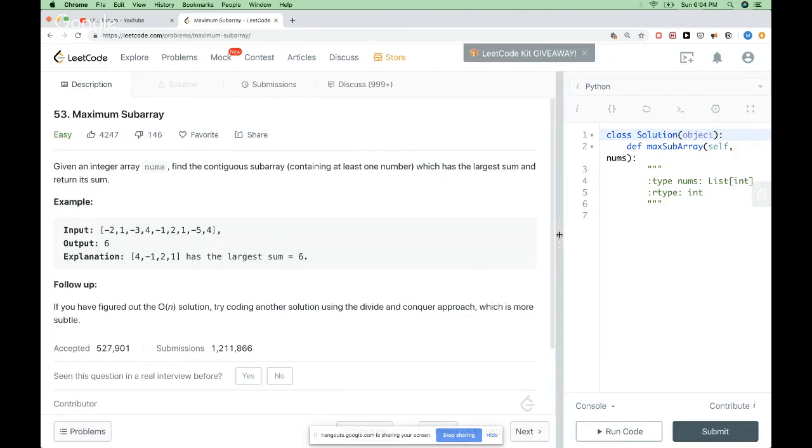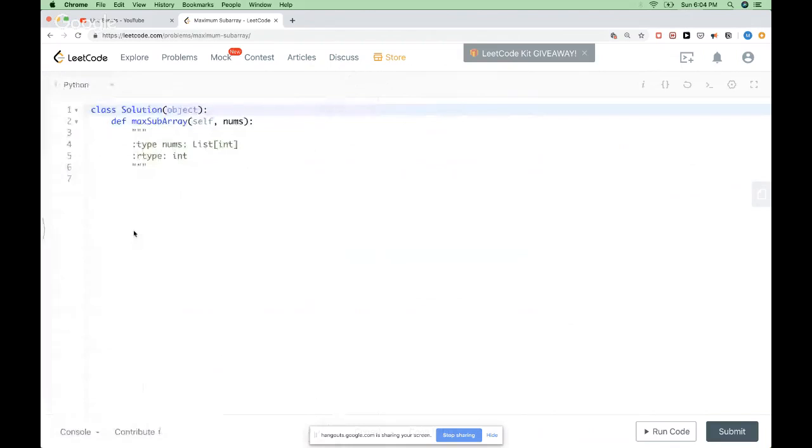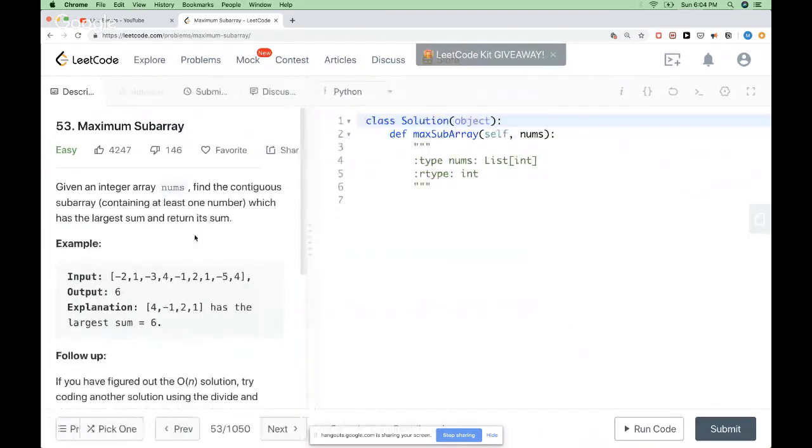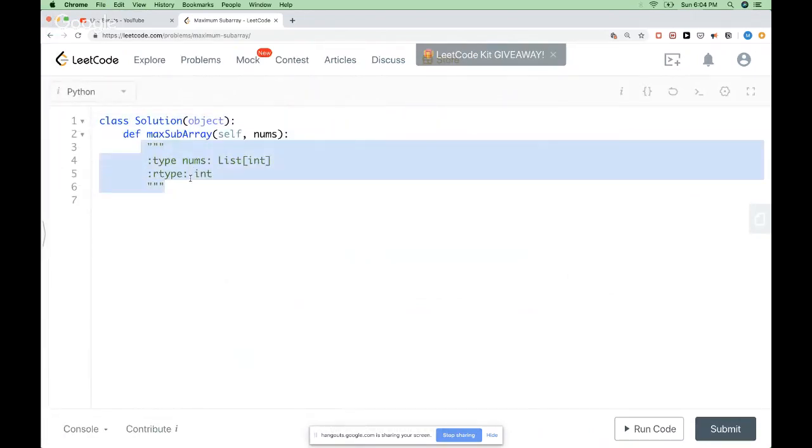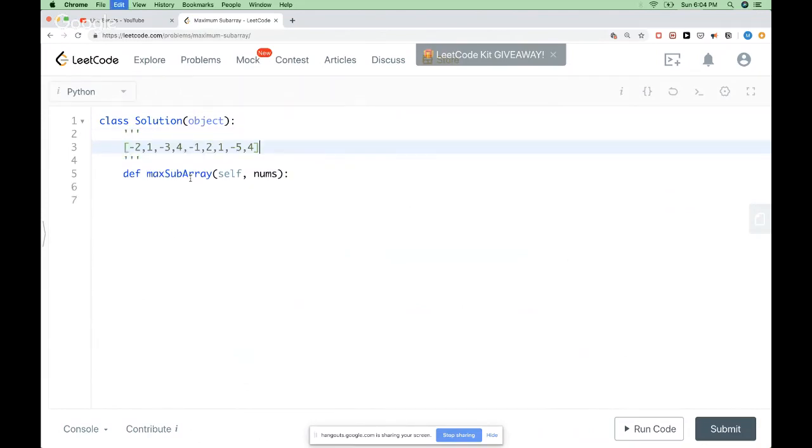So what is the non-O(n) solution though? One way we can solve this problem, given an array like this, is to do the simplest thing, which is go over all the contiguous intervals. We'd go through this and then this and then this and do all of them until the biggest one, and then advance the pointer and do this one, and then this subarray and this subarray, and continue all the way to the end and go to this value and start also doing this, then this subarray, then this subarray. You get the idea. We'll do all of them, but that would be O(n